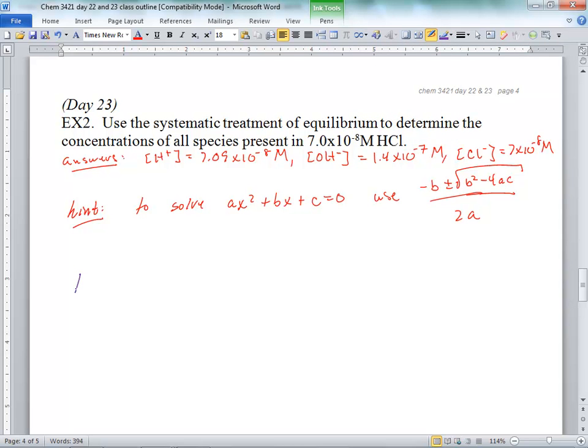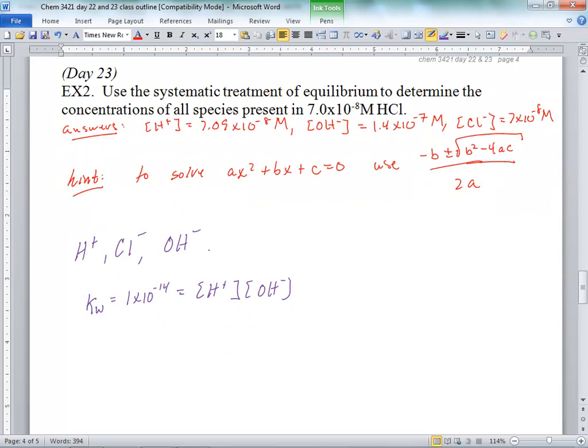Right? Where you need to find H plus, Cl minus, and, well, here, just those two at first, right? And then you look at what K's can you write. All you can write is the KW. Oh, now I need a hydroxide up here, right? Fine. Okay. Are there any other K expressions? Mm-mm. So then you move on to